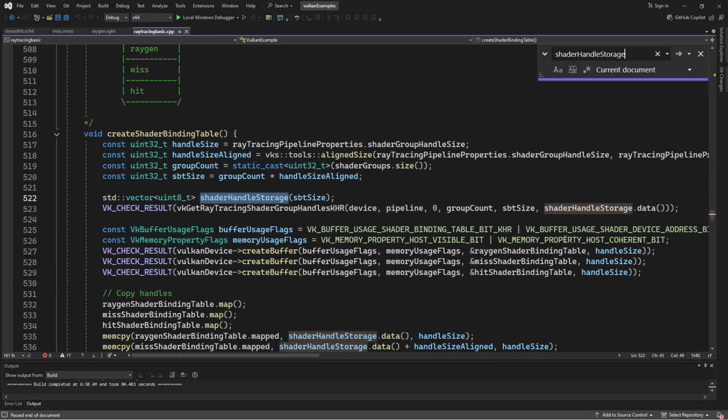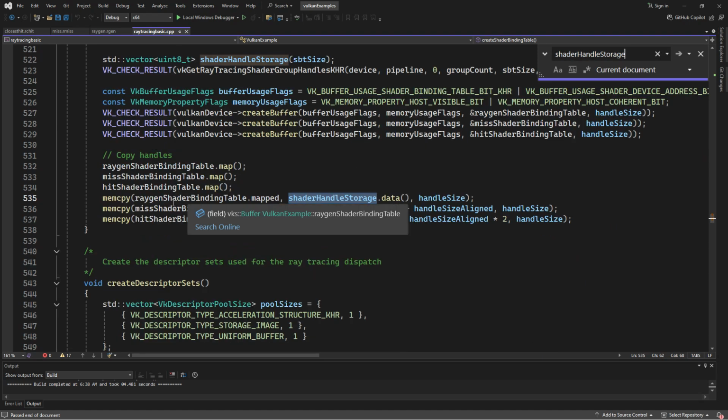So we have the shader binding table size, which is group count times handle size aligned. This is kind of memory related stuff. So we have our SBT size, okay? Then we create a vector called shader handle storage, and that vector is of size SBT size. And then what we do is we mem copy